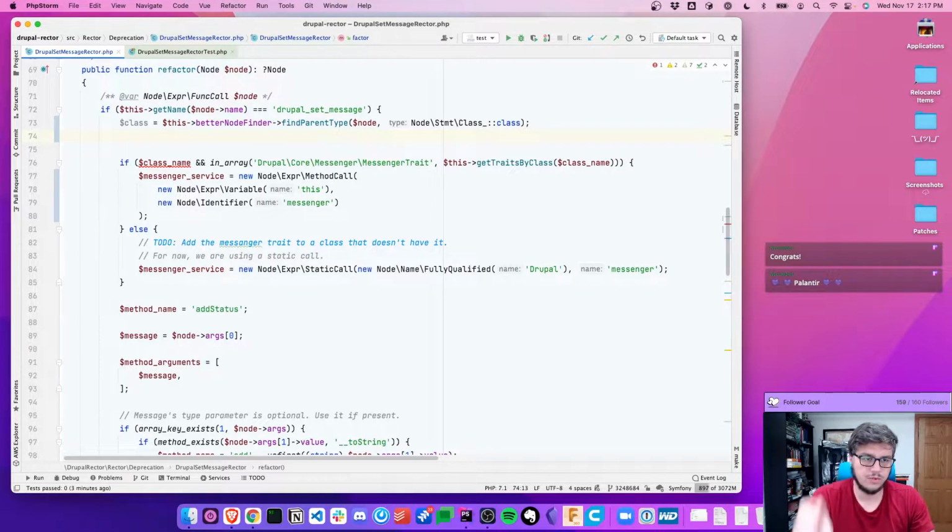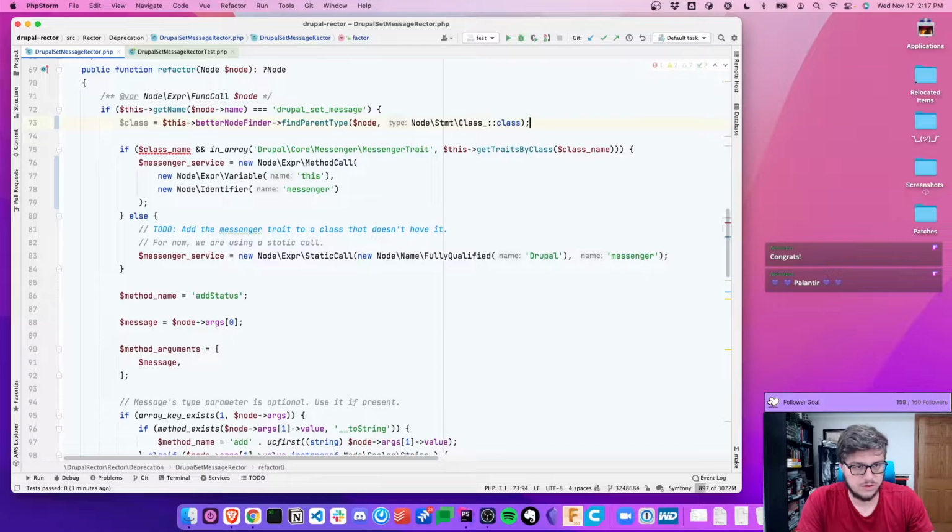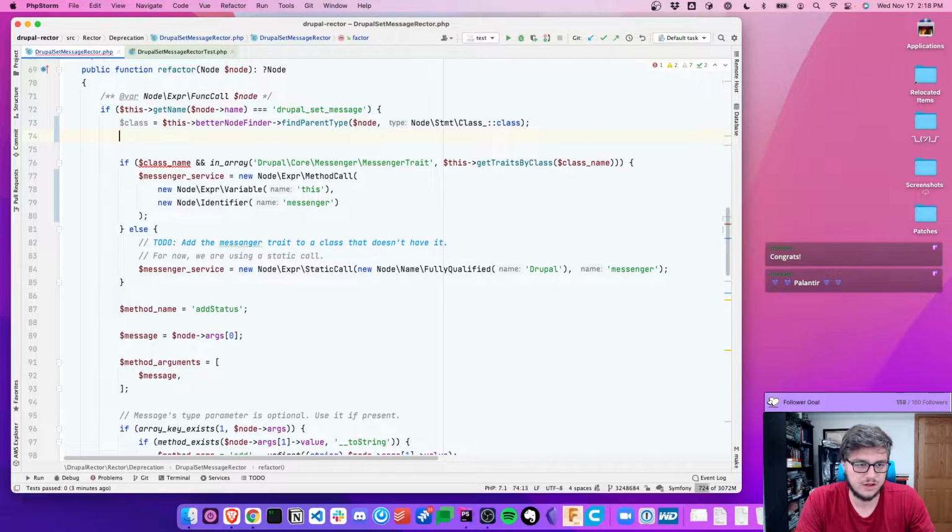So the whole point was, we need to find the traits in the class, else we call a static call. So maybe I'm overthinking this. So if class, so